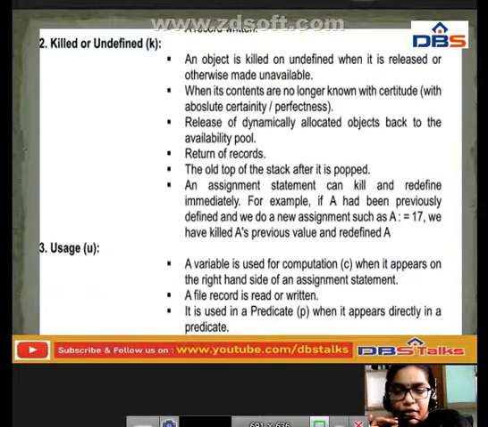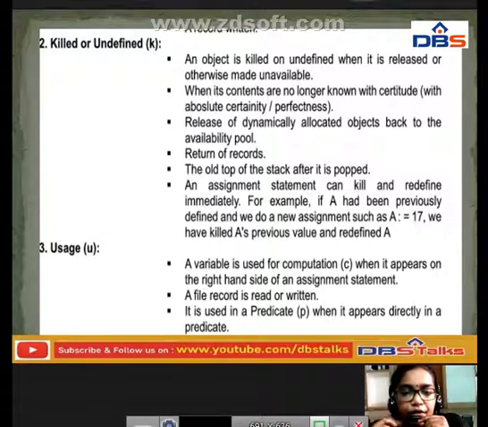Definitely we will return the records, the whole top of the stack, after it is popped. We have already pushed the data object into the stack.